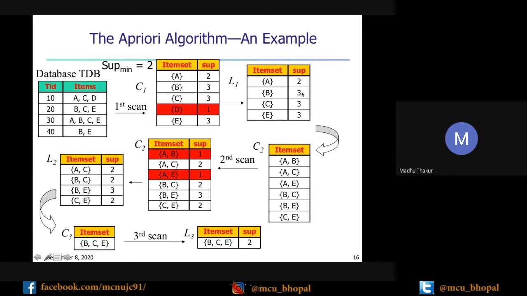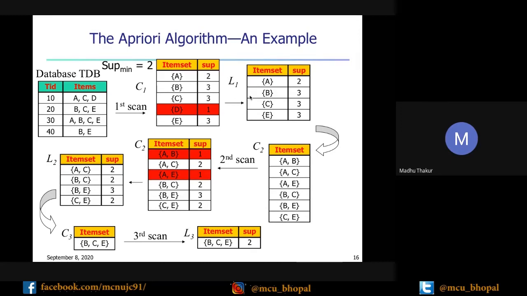Now we want to find the frequent 2 item sets. So we have to combine, create a 2 size superset of this, and see. This is the way to combine all the one item sets.